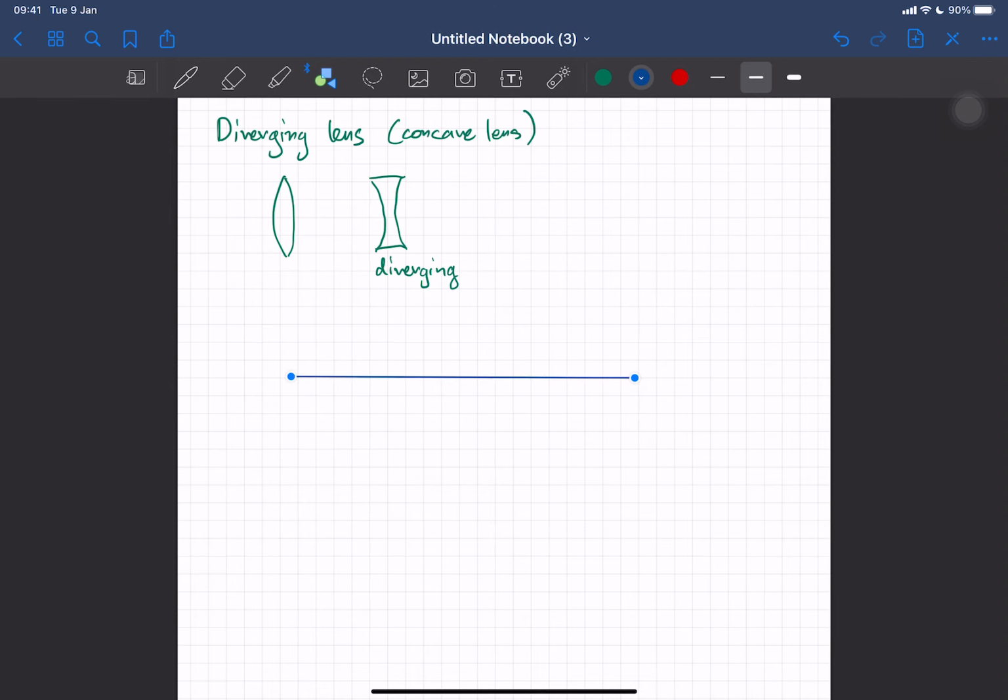Okay, so let's say we have this optical axis and we have a diverging lens like here. Okay, so this is a diverging lens. So a diverging lens will make the light rays go away from each other. So if you have, let's say, parallel light rays coming in,